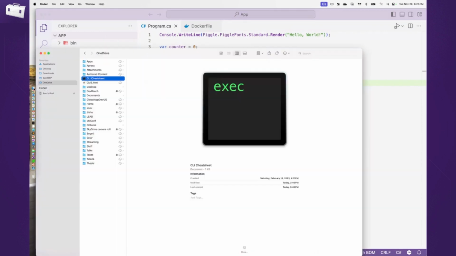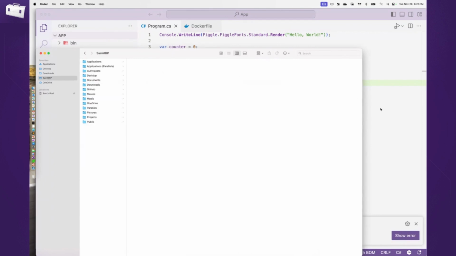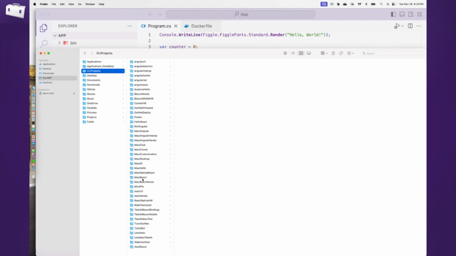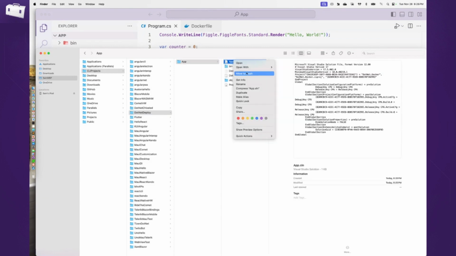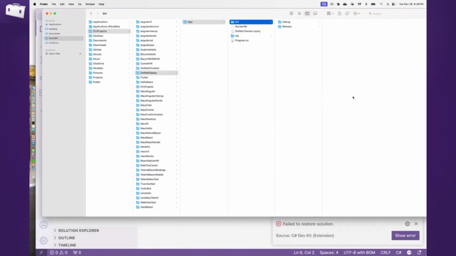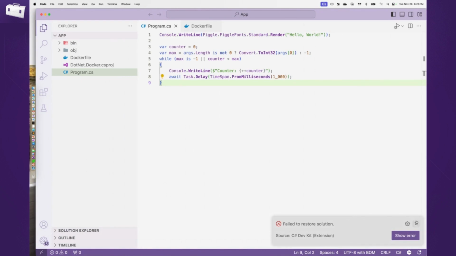So let's look at this for a second. I'm going to go in here and look at which exact project I'm using. That's that. I'm looking at the .NET deploy here. There's my app. I don't need a solution file unless I'm inside of Visual Studio. VS Code is just fine. So that's the app that we're looking at. So let's look at VS Code here. Now this one here is a .NET new console app. So by default it just spits out hello world. That's the .NET new experience that you get.